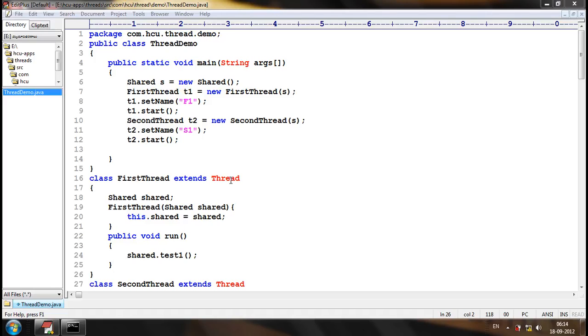Synchronization: how to synchronize a method, how to synchronize a static method, what laws are applied when we synchronize a non-static method as well as a static method, and how we can synchronize some particular statements inside a method. Okay? And the next thing, today we will discuss